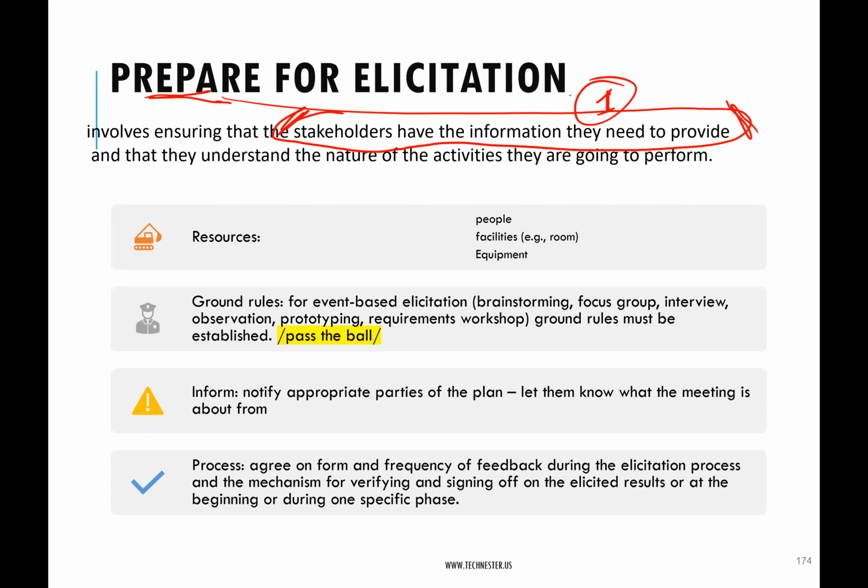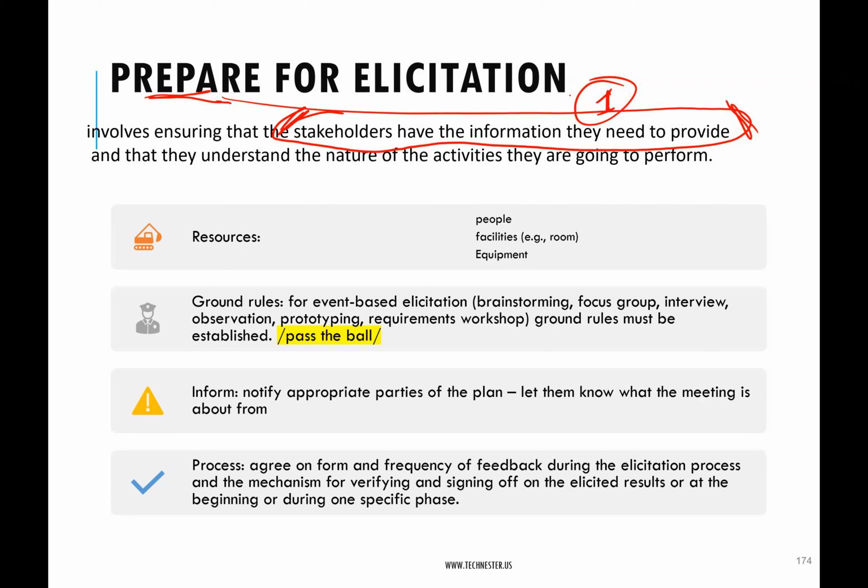So you want to make sure the people you are inviting have the information that you even want in the first instance. So they don't all leave their different jobs and roles and duties and everything and come sit down in your elicitation ground. Maybe you have provided snacks and they are eating the snack, and then you ask them a question and they say, oh, sorry, we didn't know that was why you wanted us to come. We don't know anything about that. It's someone else that knows, and so you have wasted everybody's time. So the first part of preparation is ensuring that they have the information.